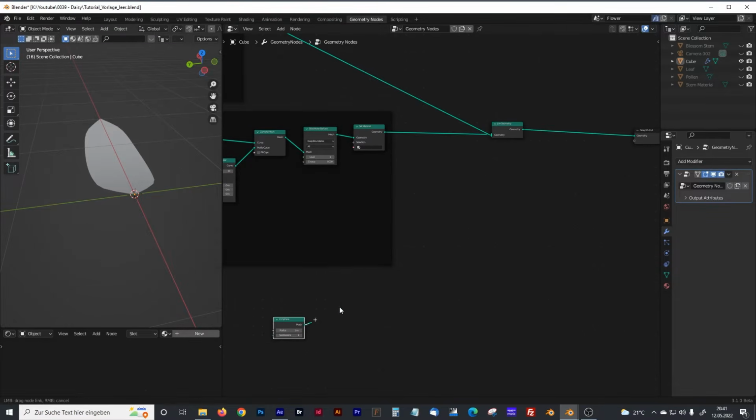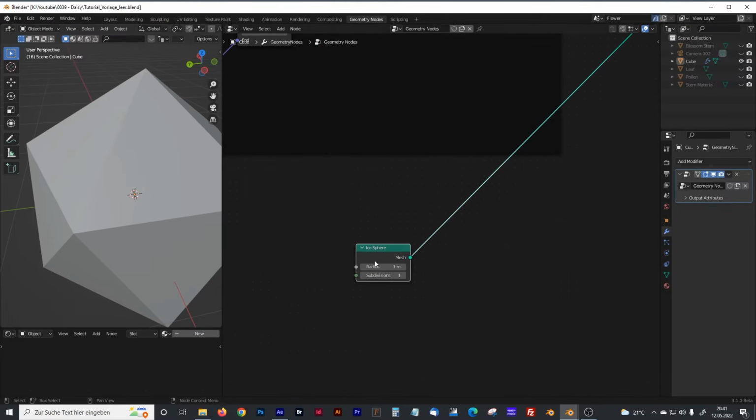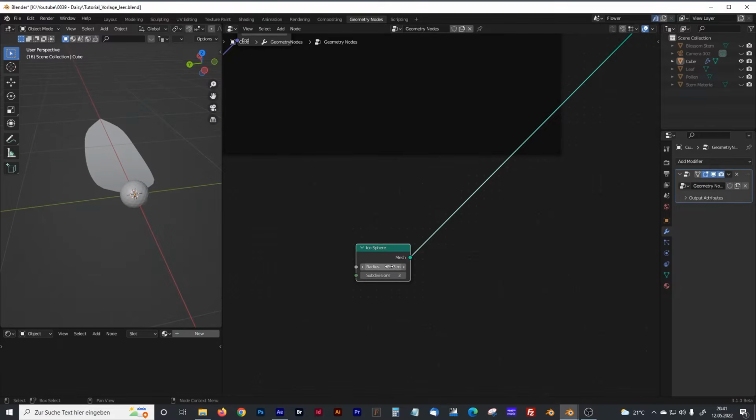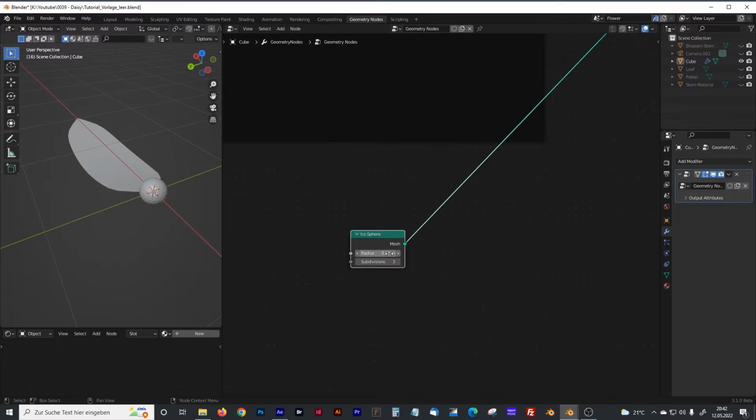And we will connect it with our join geometry. So that's way too big. First of all, we are going to give it more subdivisions, maybe 3, that should be enough. And we will change the size. We'll go with 0.13 meters. That's at least the radius I've used in my presets, in my notes. And I think we can make it a little bit bigger,